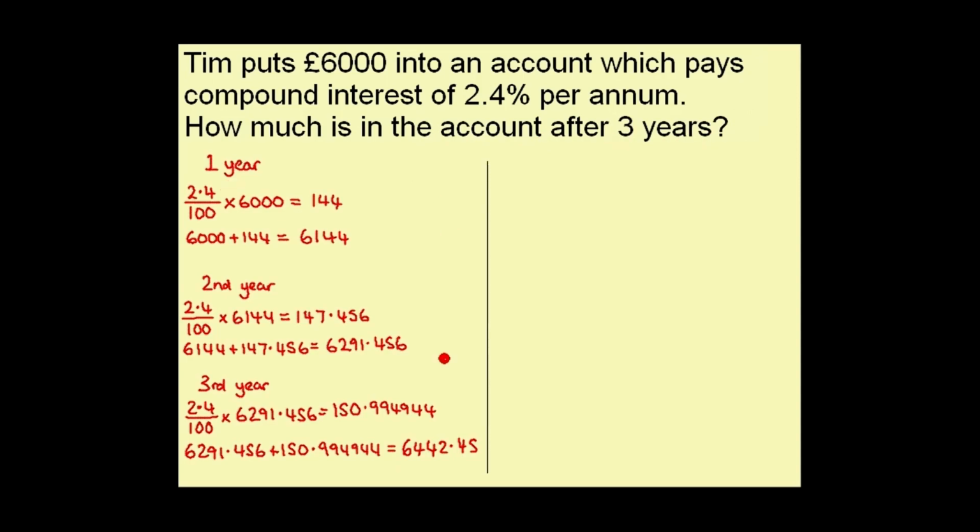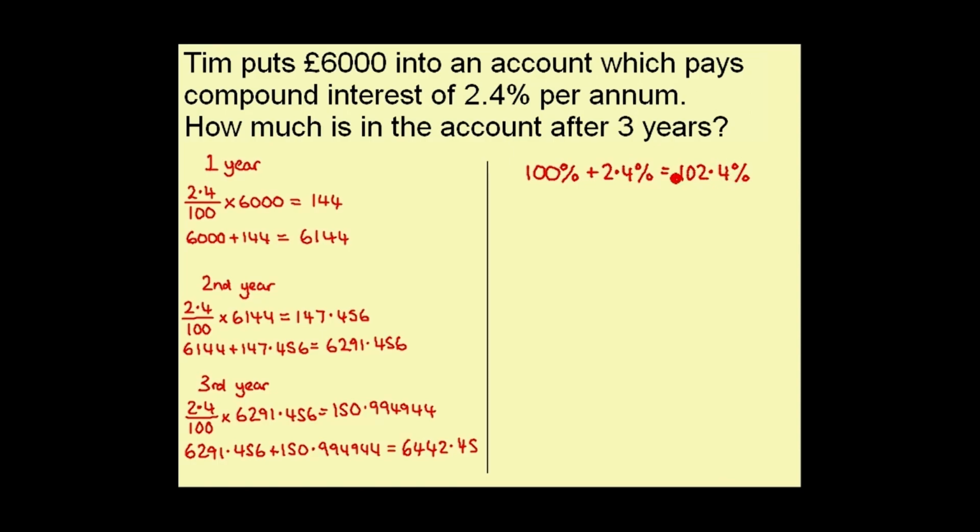Now this does work, but can you imagine if he left the money in the account for 10 years? You'd have lots and lots of working, and quite frankly, it would take ages. So instead, there is actually a faster way that we can do it. To do this, we say to ourselves, everything starts off at 100%. We're earning 2.4% interest per annum, so we're going to add that on. And that gives us